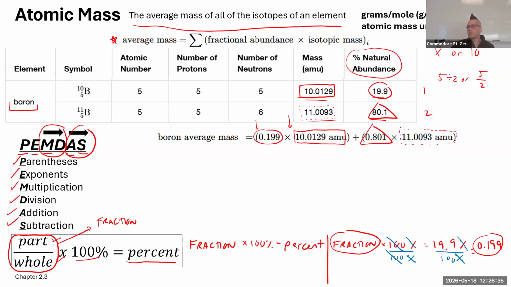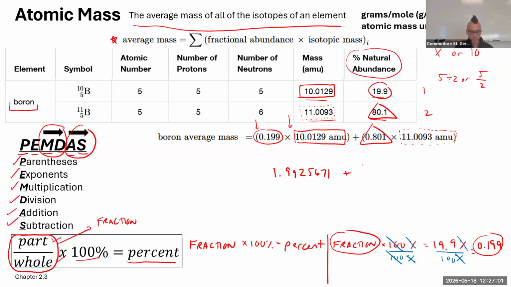So let's do the calculations. All right. So we're going to do things again in the parentheses first. We're just going to go left to right. We see parentheses. We'll do that first. 0.199 times 10.0129. I got 1.992567